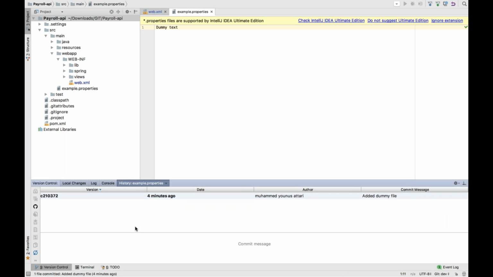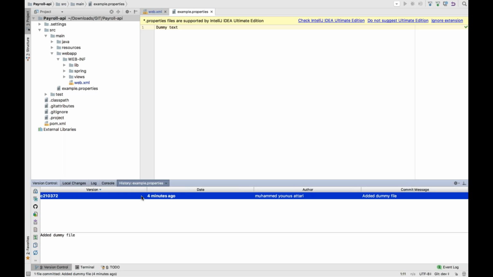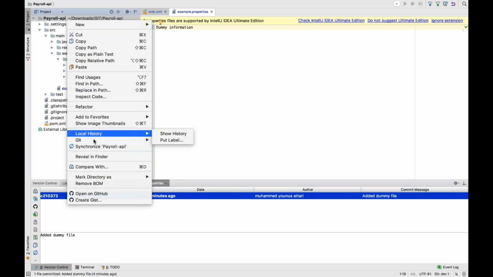History will show. So this file was only added by me. None of them have changed this one. So if I make some other change here, and if I save here, and if I commit once again on this file,